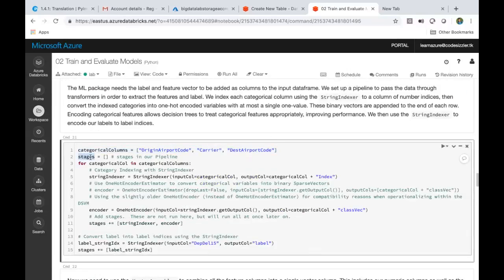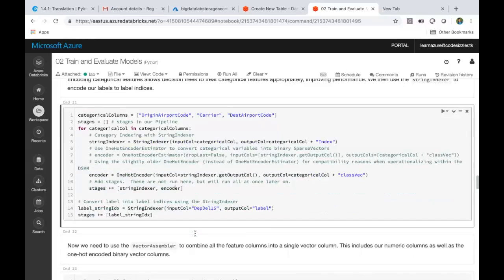See here, I have defined something called stages also. What is stages? Nothing but your pipeline stages, for the first one, second one, third one. This is nothing but a list. What comes first in the list, what comes second, what comes third will be defined inside this, and we'll keep on appending to it. Clear, everyone? Okay. So now I'm taking each categorical variable from the for loop and converting it into one-hot encoding. After converting into one-hot encoding, I'm mapping that to my stages list. So this is the first step I want to do.